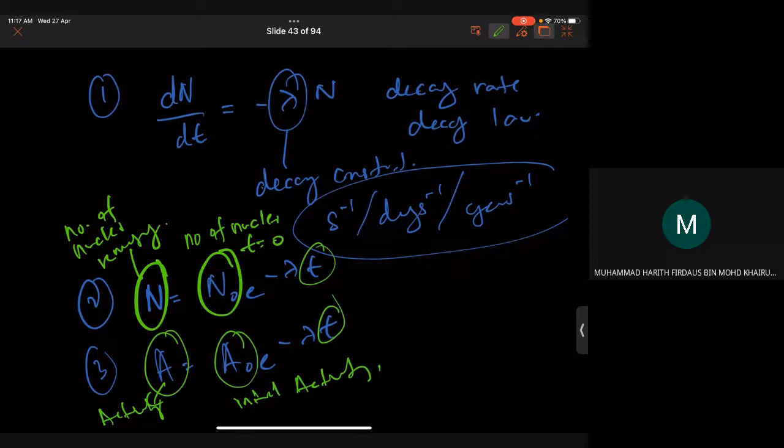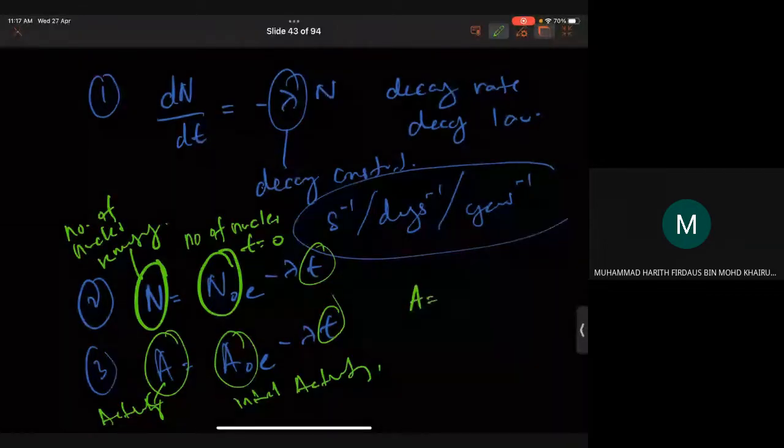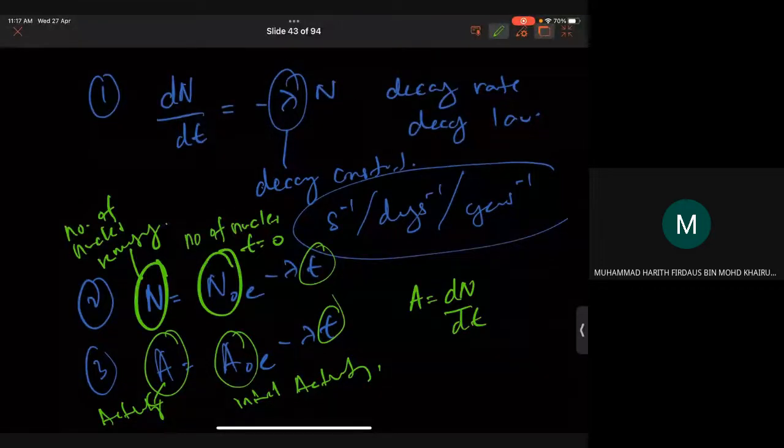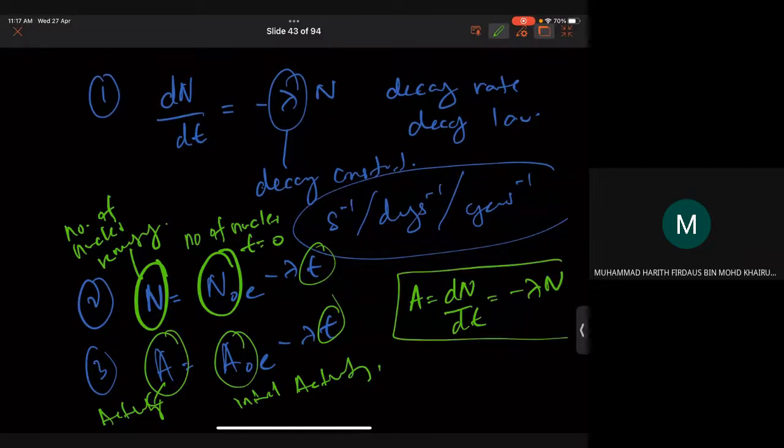Okay, ada satu lagi formula yang awak kena tahu. A ni juga sama dengan dN over dt. Dia juga adalah the rate of decay. Kalau you nak cari A0, dia akan jadi negatif lambda N0, sebab kalau you dapat N0, dapatlah A0. Kalau you ambil N, so you dapat A. Kena tahu beza, N0 initial, A0 pun initial. N, A at particular time lah, time mana yang you nak.